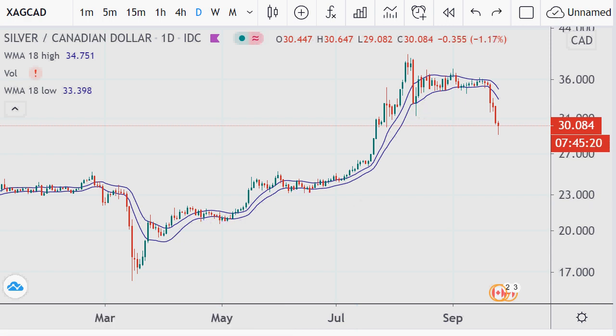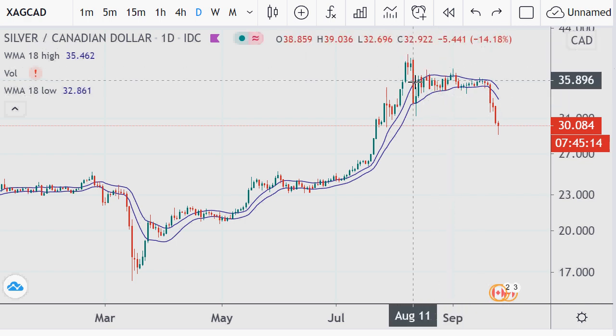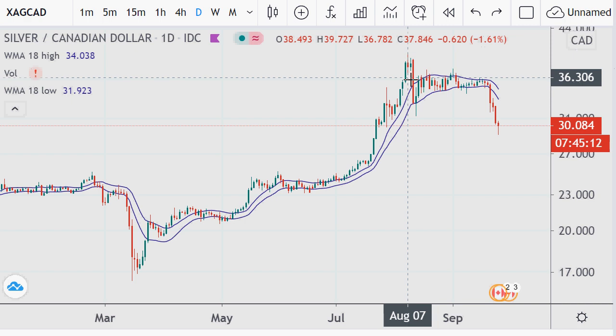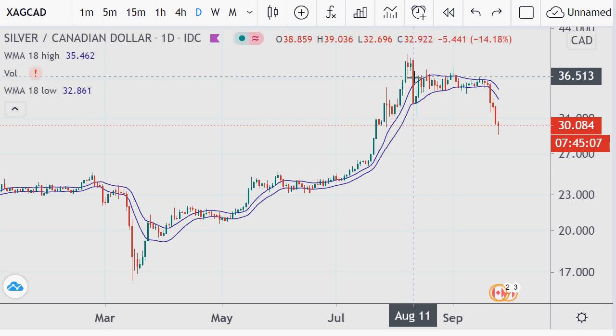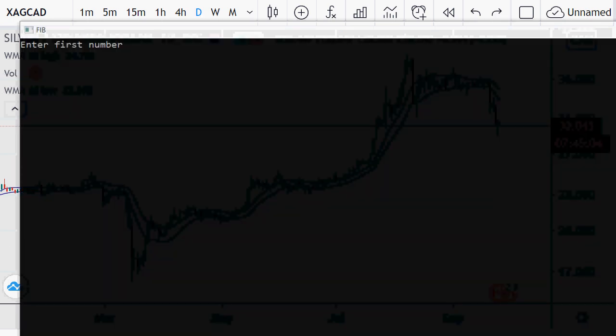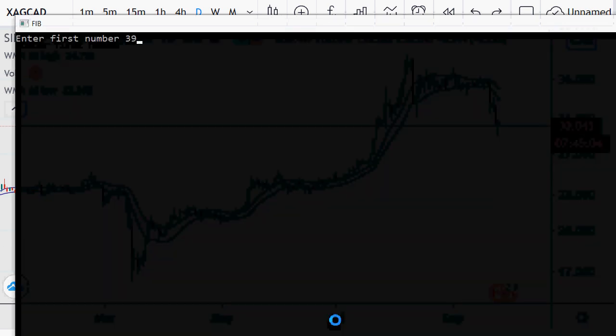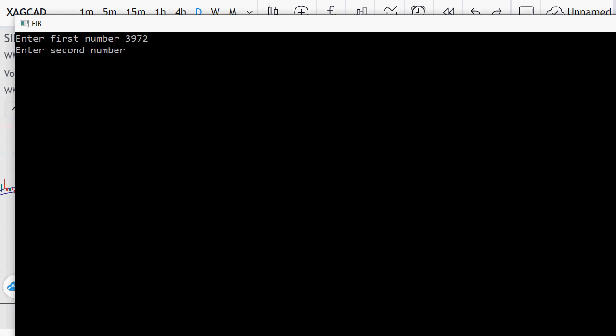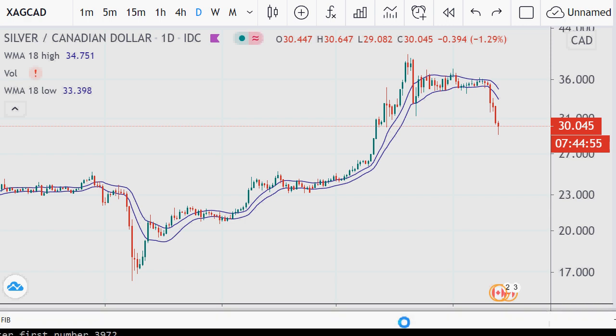So what I'll do here is calculate the Fibonacci. High divided by low. Well, what is the high? It's this period here, it looks like to me. I see $39.72 with the numbers on the top. So that's the highest figure that I have. I'll get my Fibonacci calculator. I take this number and divide it by the lowest number, and the lowest number is this low in here.